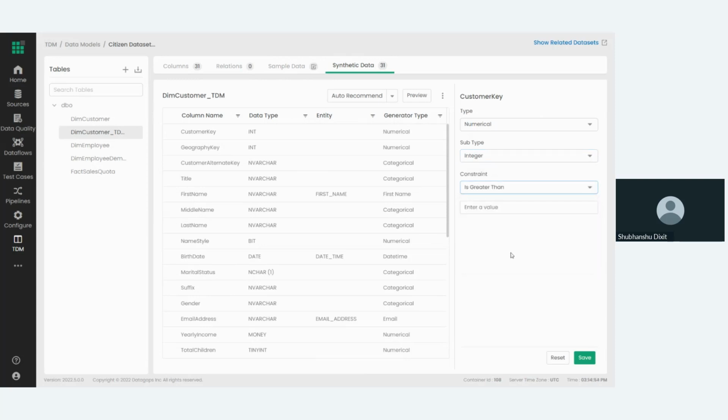We have a lot of options in each subsequent values where we can define that a customer key can be greater than 56, or be negative, or between, or other such options. We are going to spend a good amount of time in type, but before that, I just want to reiterate that this particular auto recommend takes into account the sample data as well as the data type and schema defined